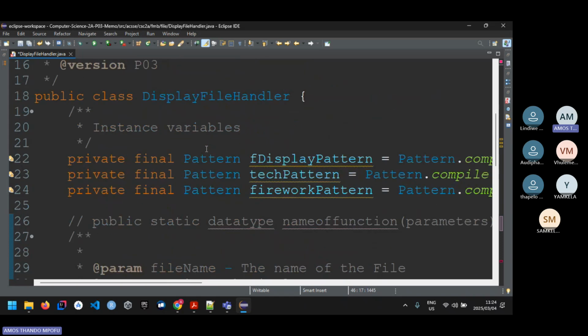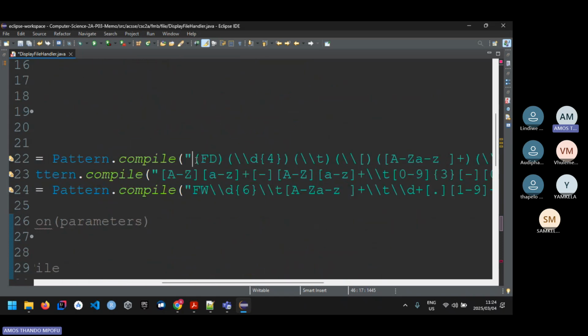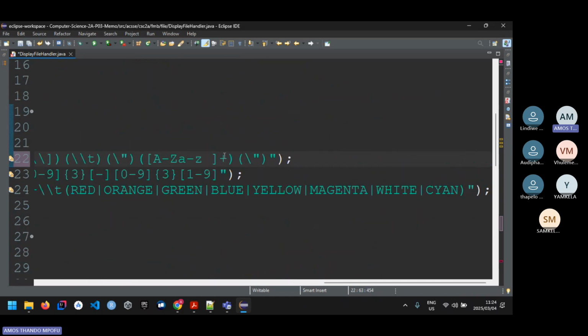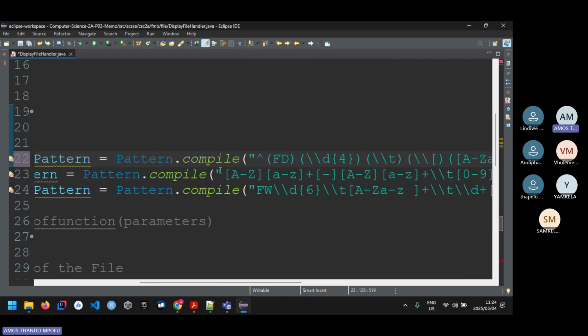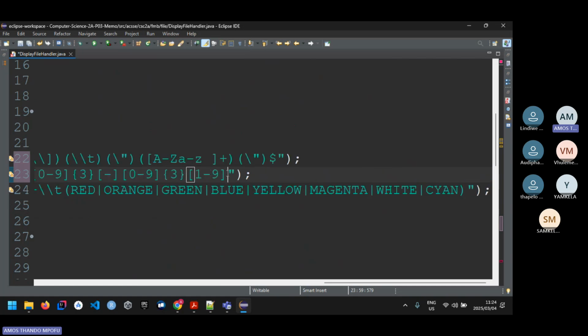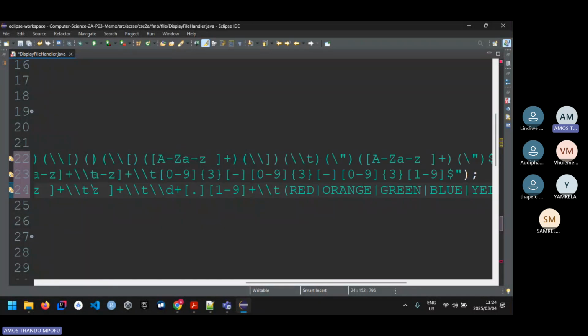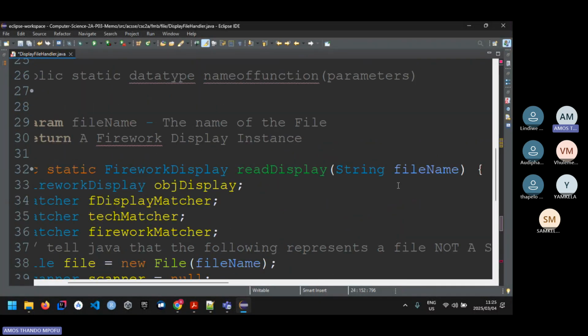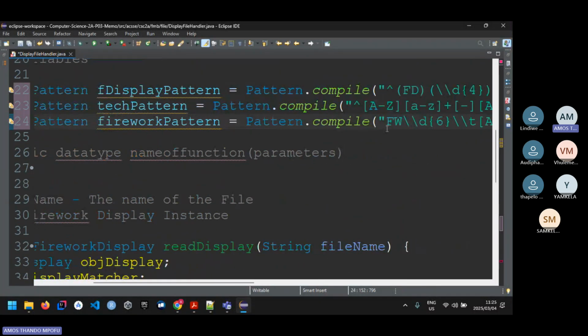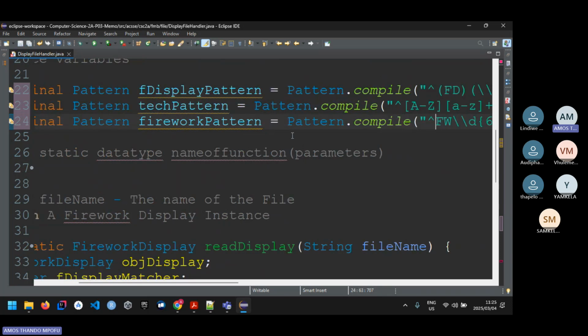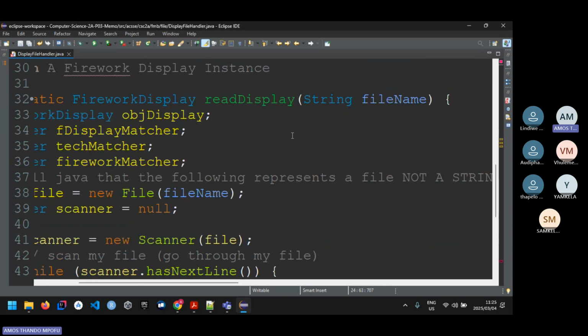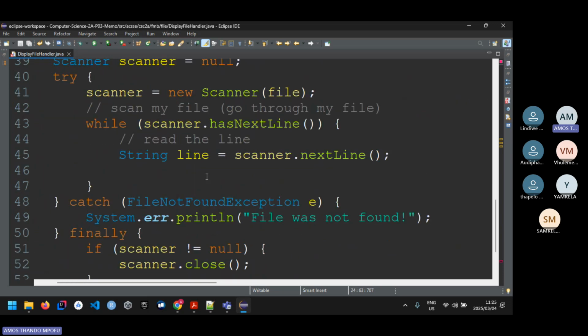So I'm going to change my regular expressions a bit. I'm going to put a caret here to make it strict, and then a dollar sign there, and then the caret again, and then the dollar sign, and then the caret here. Right? Now I know my patterns are going to be strict. So I also need to trim and make sure that everything is